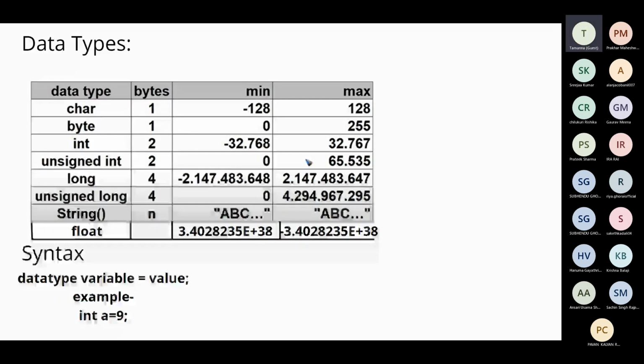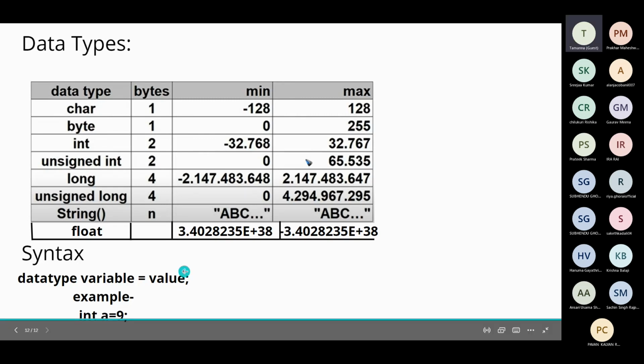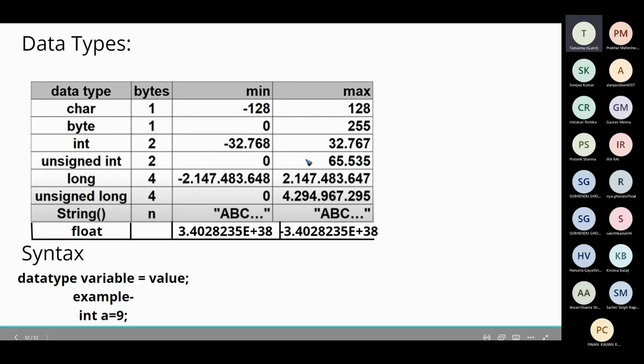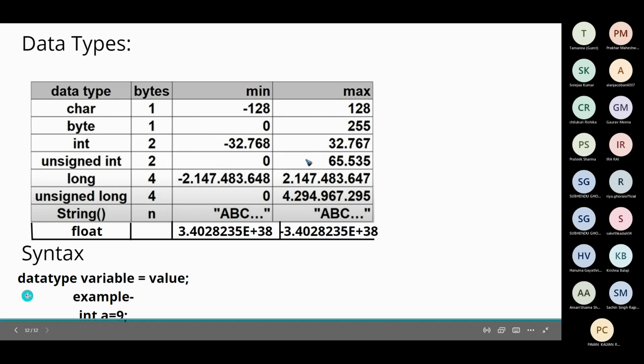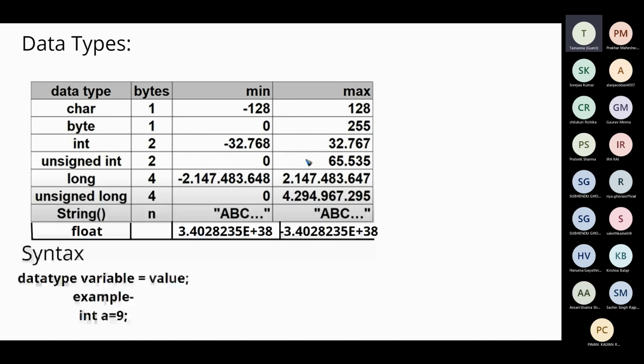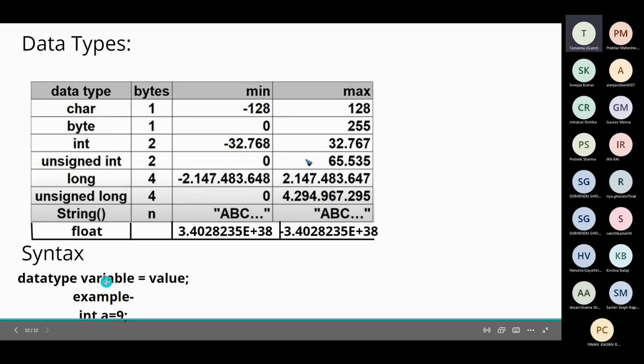A string is basically a set of characters. So the more the characters, the more space it will need. So here's the syntax as to how to initialize one. We write the name of the data type, then we write the name of the variable, whichever variable you want to choose, and then we assign it a value. For example, here we are assigning a value